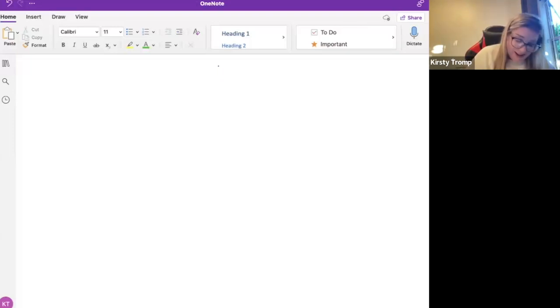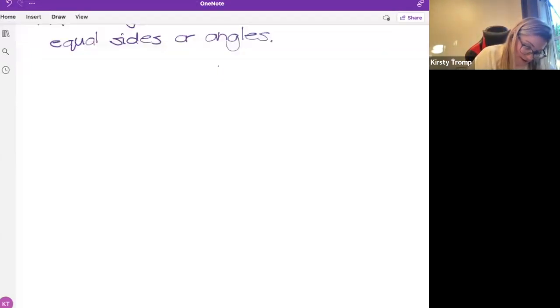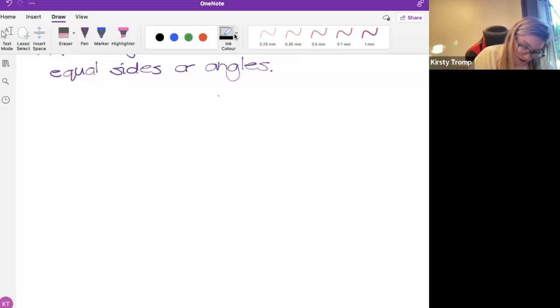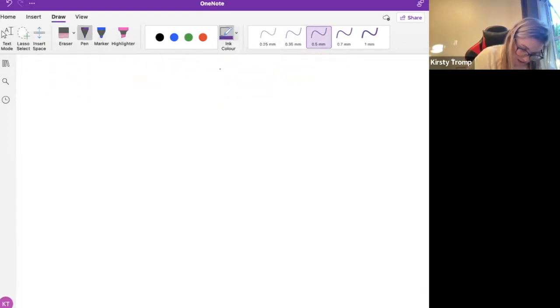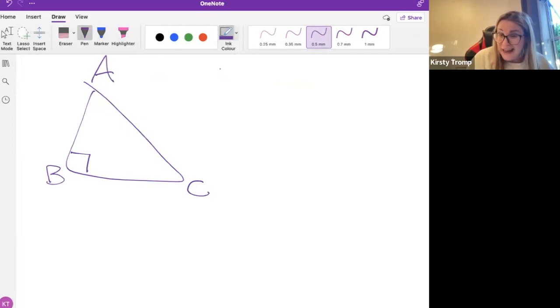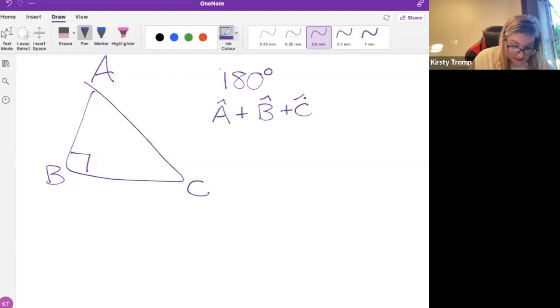So Unati and I are saying, guys, let's look at this together, that in a triangle, okay? So in a triangle, all right, I just want to make sure that the screen is all working, everybody. So let's get that all going. So in a triangle, here's a normal triangle, regular triangle, triangle A, B, C. Let's say that's a 90-degree triangle, okay? And Unati said to me that all the angles in a triangle add up to 180 degrees, hey? So angle A plus angle B plus angle C equals